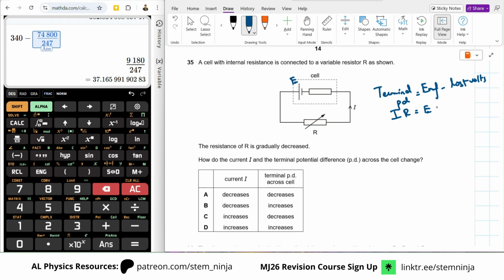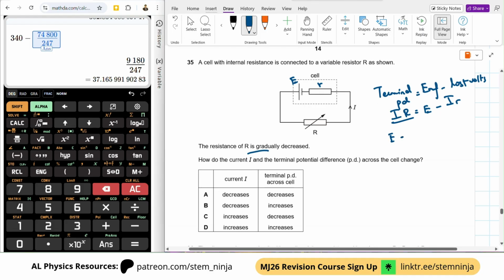EMF of the cell equals terminal PD plus lost volts. So if you are decreasing the R, basically, if you're decreasing the potential,